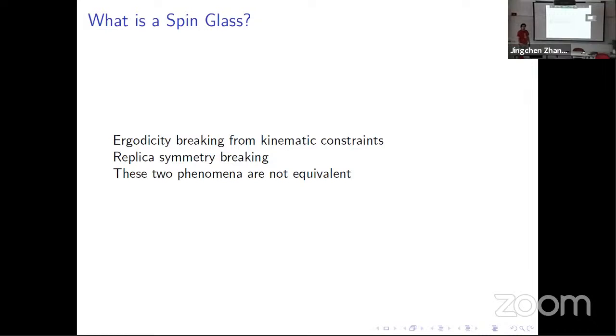Okay, Mike. So a quick question before you proceed. According to my impression, there are lots of phenomena that correspond to ergodicity breaking, like the many-body localized states, et cetera, et cetera. So what is the true definition of a spin glass? I don't know the true definition of a spin glass. It's a bundle of similar but unrelated, distinct phenomena. I don't think there is a true definition of a spin glass.